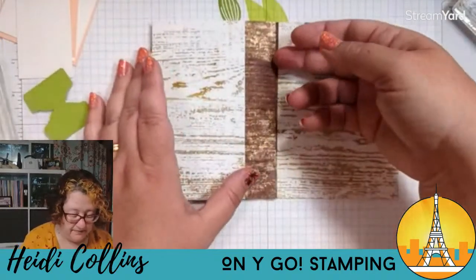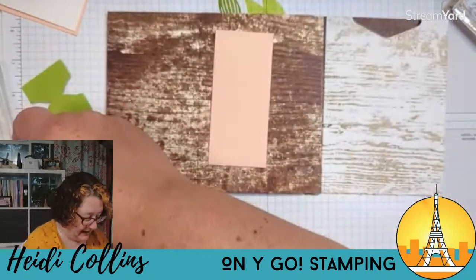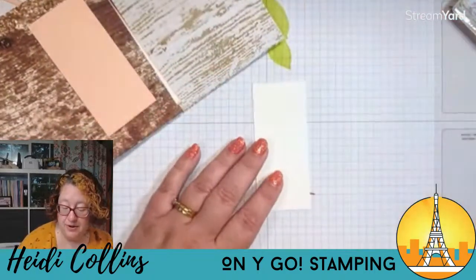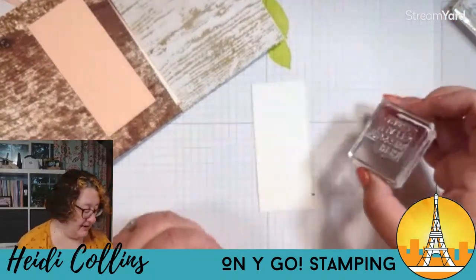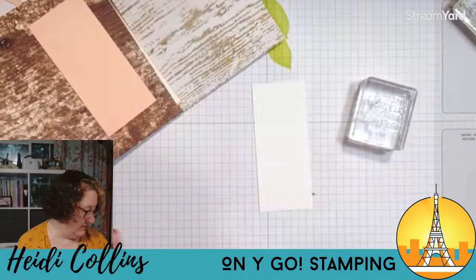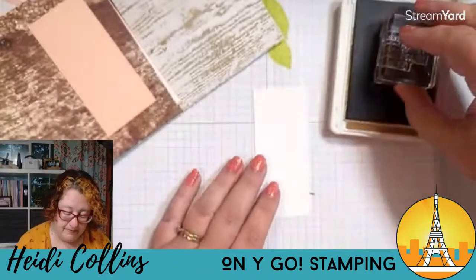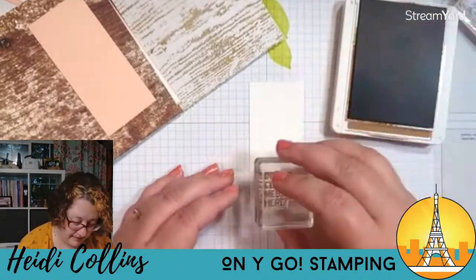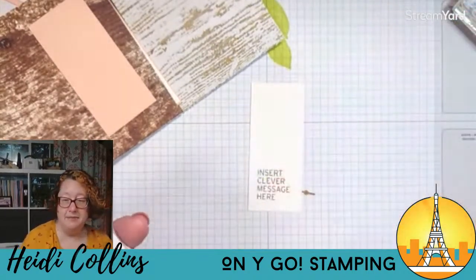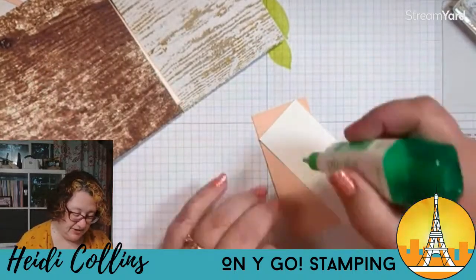And over here, I'm going to add this long strip. Okay, so this strip is going to go right here. This is 1 3/4 by 4 inches. And I am just going to stamp a sentiment on here. So I'm going to use the sentiment that says, insert clever message here, because that's kind of how I feel. So we're going to do insert clever message here. I'm going to do this with pecan pie. And I think I'm not even going to stamp any plants on that at all. So we'll add this to this piece